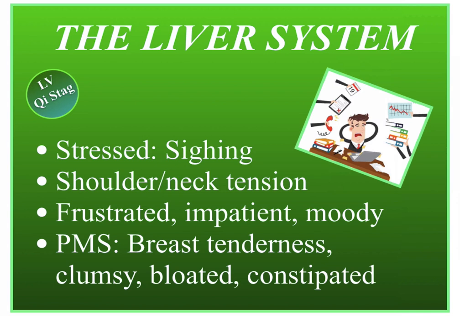For women, if there are PMS, premenstruation syndrome, like breast tenderness, bloated, constipated, and clumsy, that's definitely a liver qi stagnation. So a lot of women will have more bloating or constipation that happen only prior to menstruation, right? Specifically, they'll say, if I'm more stressed, those are amplified, or some months I get those, some months I don't. And that's usually related to the amount of stress that they are under.